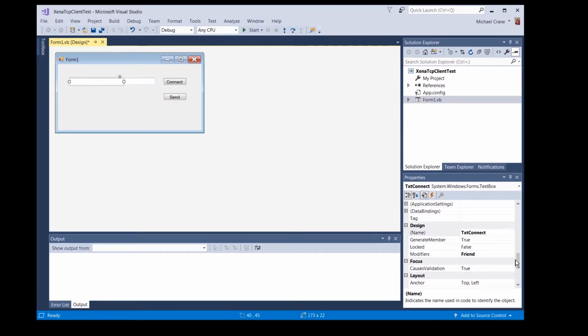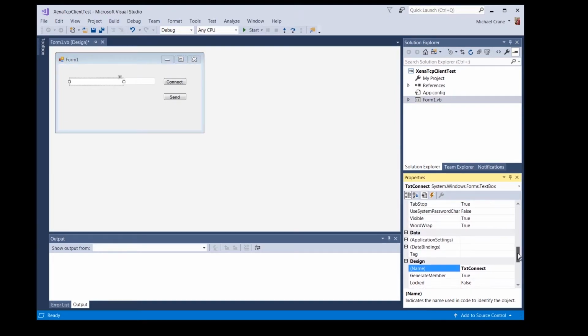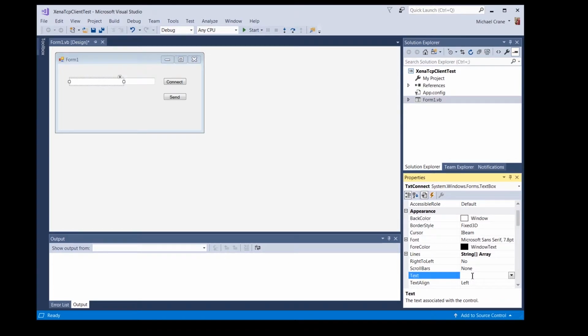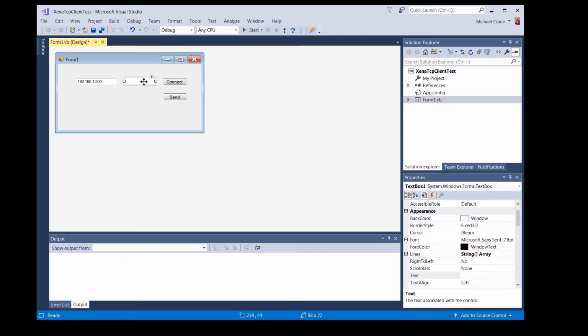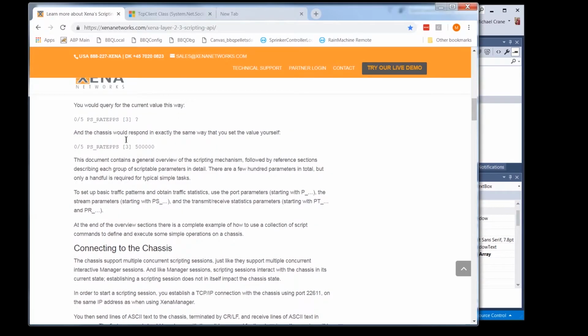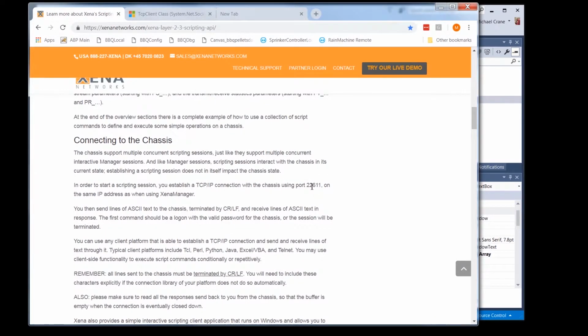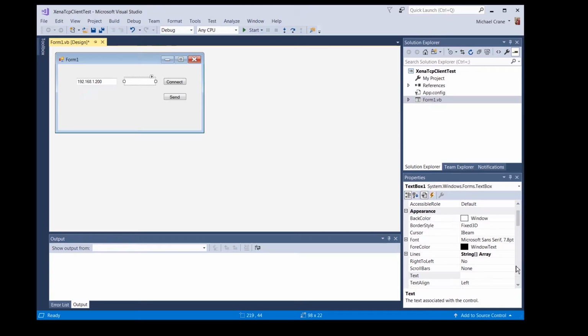Okay. I'm going to go ahead and plug the IP address of our Xena in here. IP address is 192.168.1.200. Okay. All right. Make him a little smaller. And the port, we can get off the Xena document here. Here we go. Okay, it's 22611. All right, so this will be our